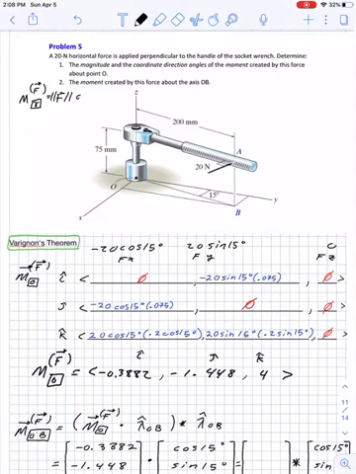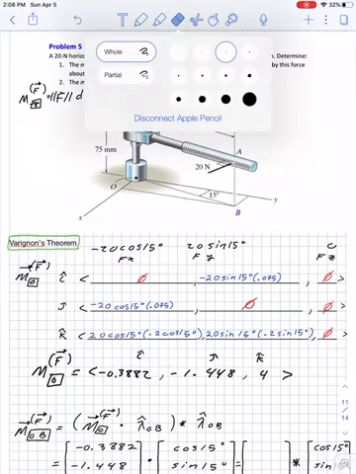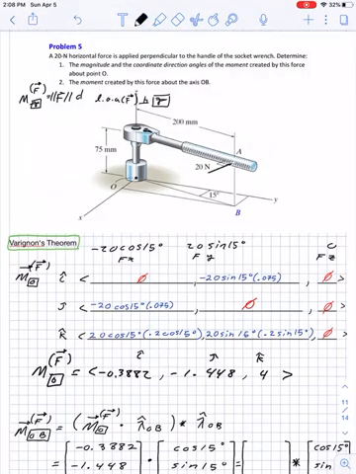force, so magnitude, times the minimum distance, or sometimes they call it the perpendicular distance from the line of action of the force perpendicular to said point. Okay. And what that basically means is